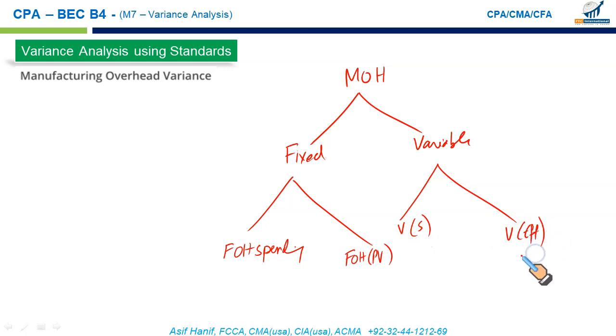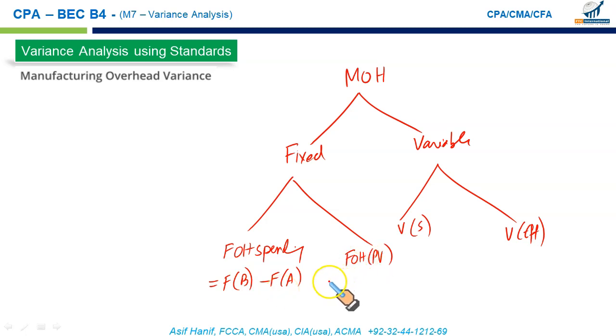Just know the formulas and you can solve any question on the face of this planet. We have done hundreds and hundreds of questions in different software using the formulas that I have crafted. I'm going to write them right now. Fixed overhead spending is the difference between the fixed overhead budget versus fixed overhead actual. This is called the fixed overhead spending variance. What did we budget and what did we actually spend?